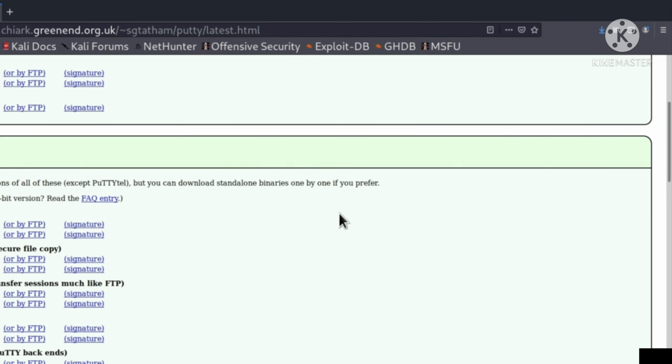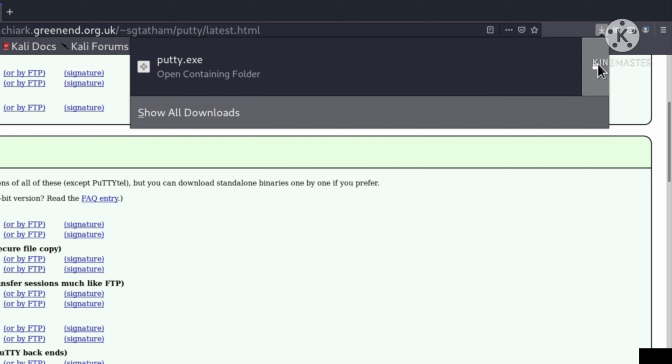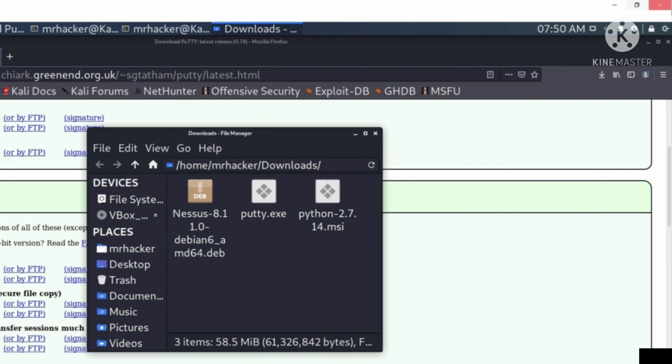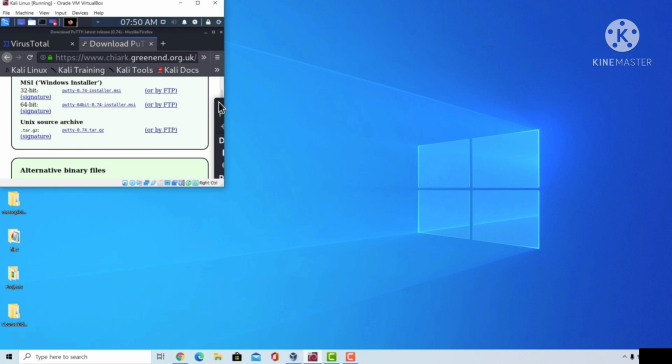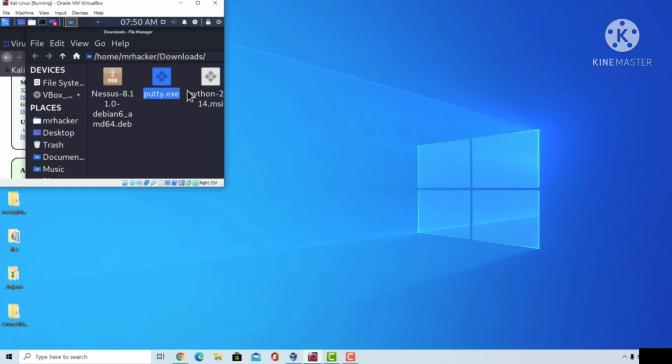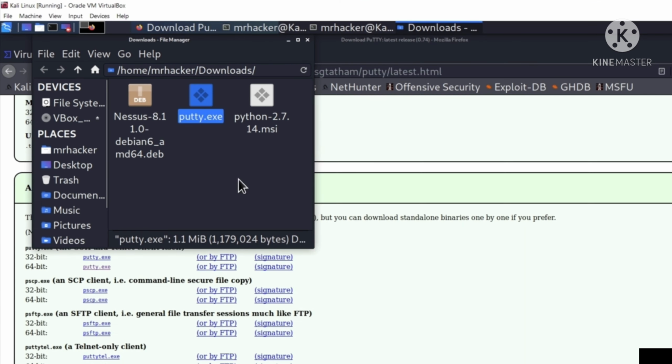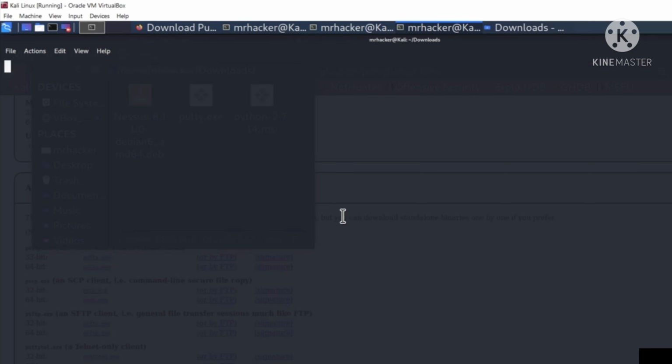Great, I will click on OK, and if I go right here, open the downloads folder, here I will have the PuTTY executable. And just in case you don't know, on Windows, the PuTTY executable looks like this. So it has this icon and it is called putty.exe. Remember how it looks? Let me just delete it real quick,